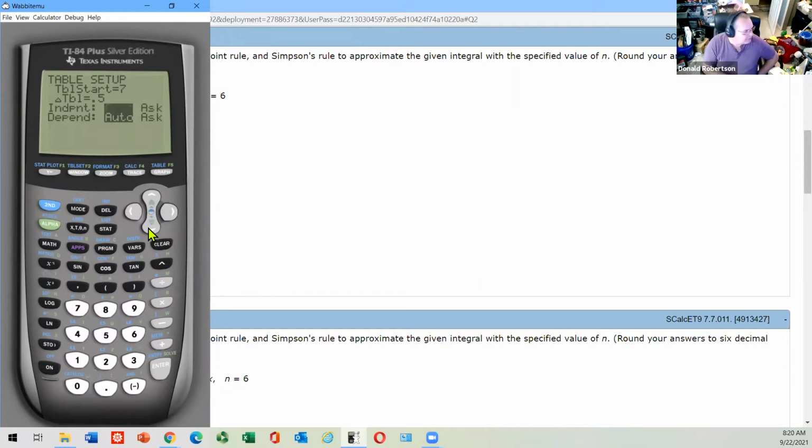I think I've mentioned it, but you know how WebAssign gives you different versions of the same question, so no two people are probably doing the same question. The one that I've set up is actually being changed now that I went back in to look at it, but we're going to do the 7 to 10 one because that's what I got. So anyway, you set it up and you go second, table,